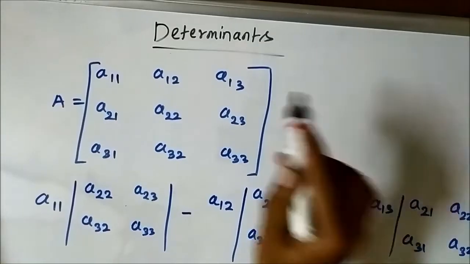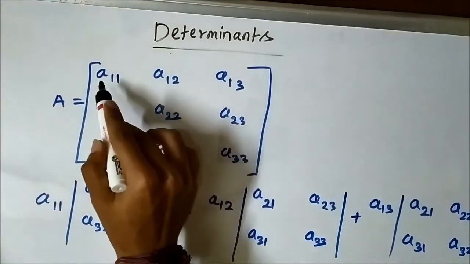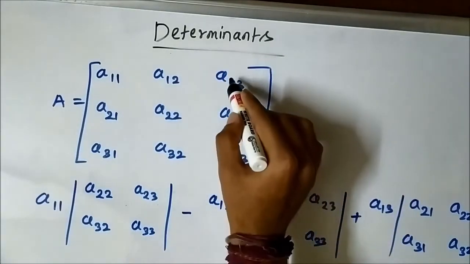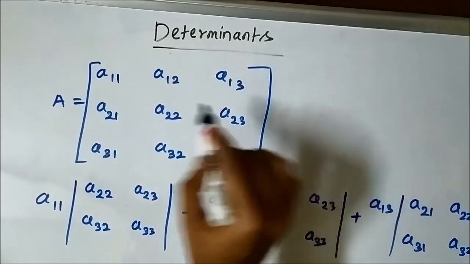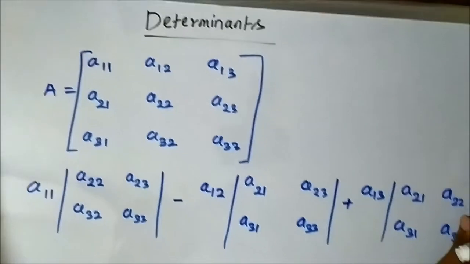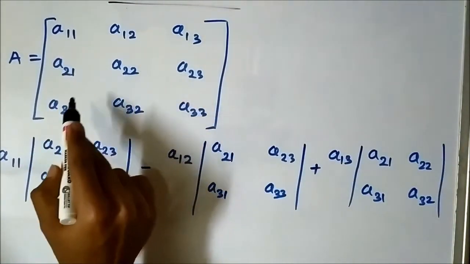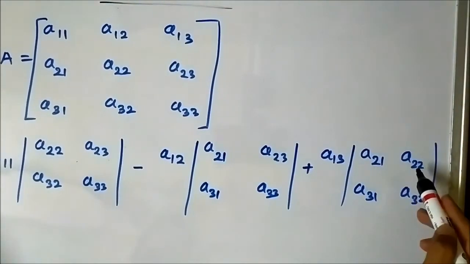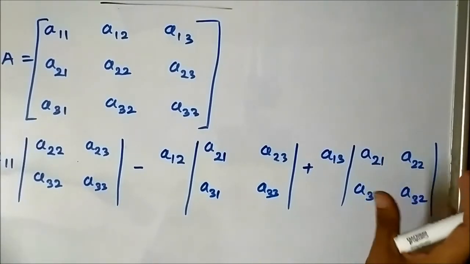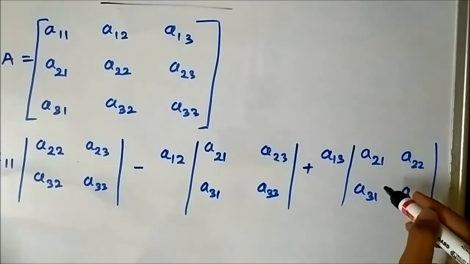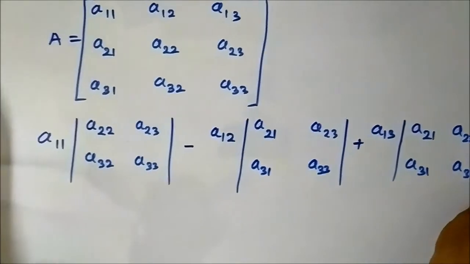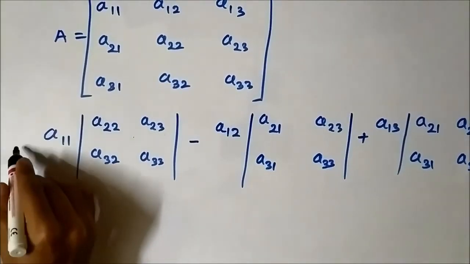Similarly, when we consider the final element of the first row, that is A13, we will completely remove the first row and the third column. It is present at the intersection of the first row and the third column, so we will remove that and consider only the remaining elements of the matrix, that is A21, A22, A31, A32, and will determine the determinant as we do for a second order determinant. We will multiply the principal diagonal elements and subtract them. And finally, we can write this result as